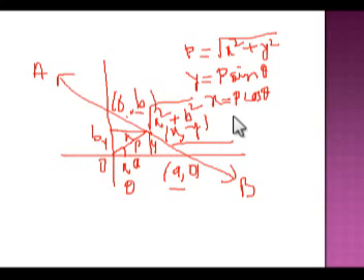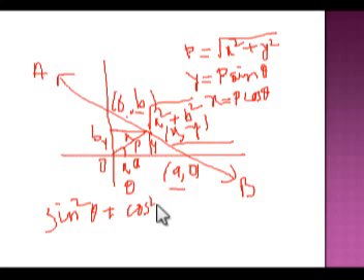So we know that sin square theta plus cos square theta is equal to 1. So from this, using this, we will get that